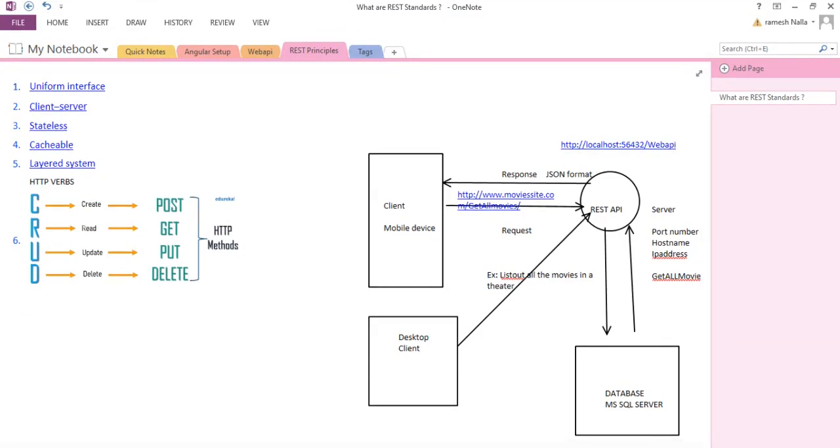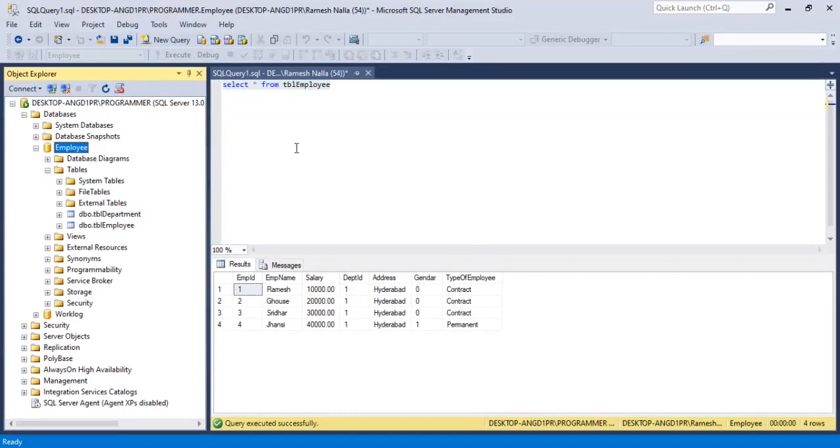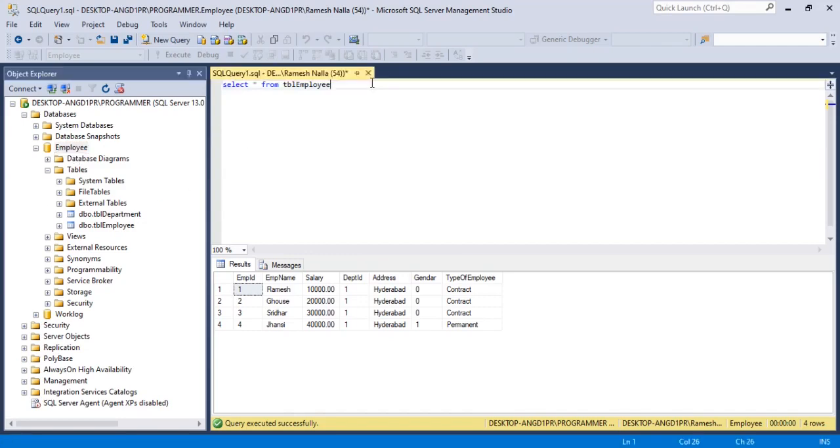I have already installed SQL Server on my laptop. This is the table structure: employee ID, employee name, employee salary, and department.